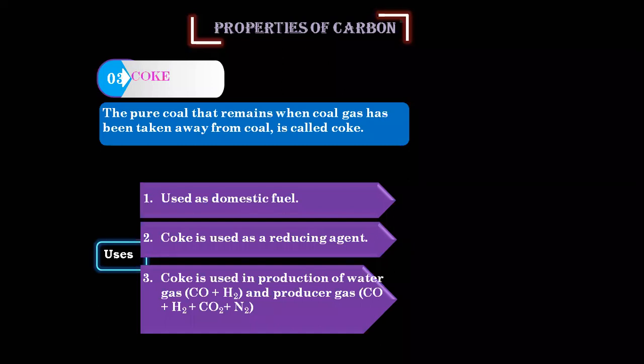So if we add oxygen and remove hydrogen, we will call it oxidation. But if I add hydrogen and remove oxygen, that will be called reduction. So reduction is exactly opposite of oxidation. Getting my point? The substances that help us in doing reduction are called reducing agents. So coke basically helps me in removing oxygen from any reaction, so I will call it a reducing agent.